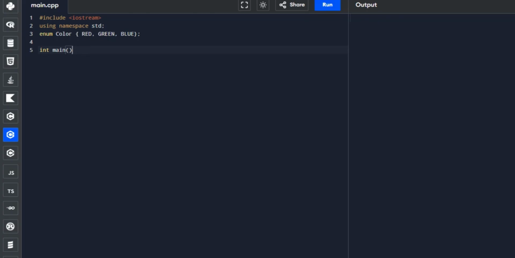After declaring our function, we will now make two variables of type Color, and create and assign enum values. Our first operation is the assignment. So let us assign this time.